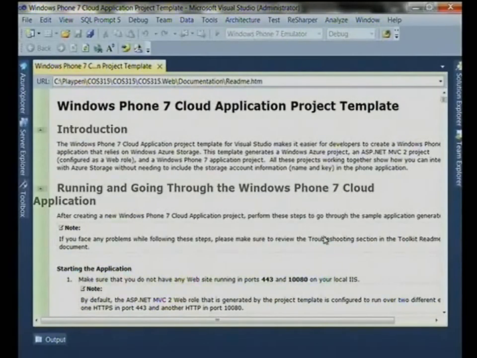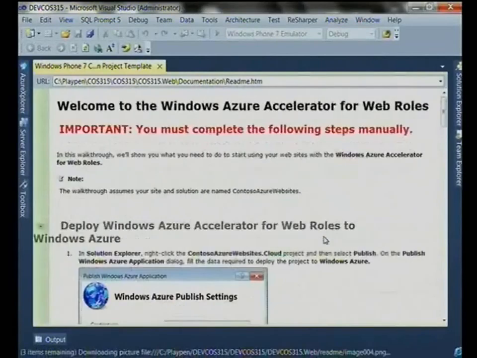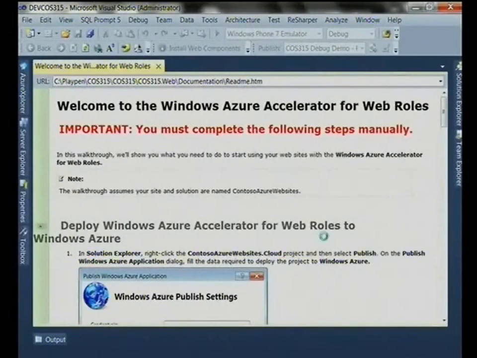Now, this is the account that I will use. What it does is it actually creates a website, and in that website, you can go and create other websites. It's basically a front for it, like a website manager. So again, this gives you some guidance on how to go about doing it.